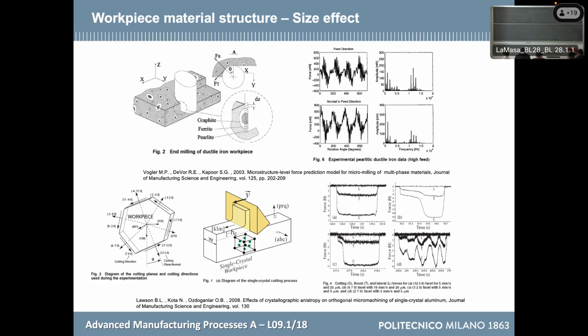What you see here at the top of this slide is a case where you are machining a material like cast iron, for example, that could have round grains of graphite. Your mill can pass through different grains with different orientation or even made of different materials. This happens at a scale where the mill could have the same dimension as the grains, because sometimes the mill could be 0.1 millimeters, 100 microns, so you could have materials with that grain dimension. And in the first paper from literature here, you see that there is a fluctuation of